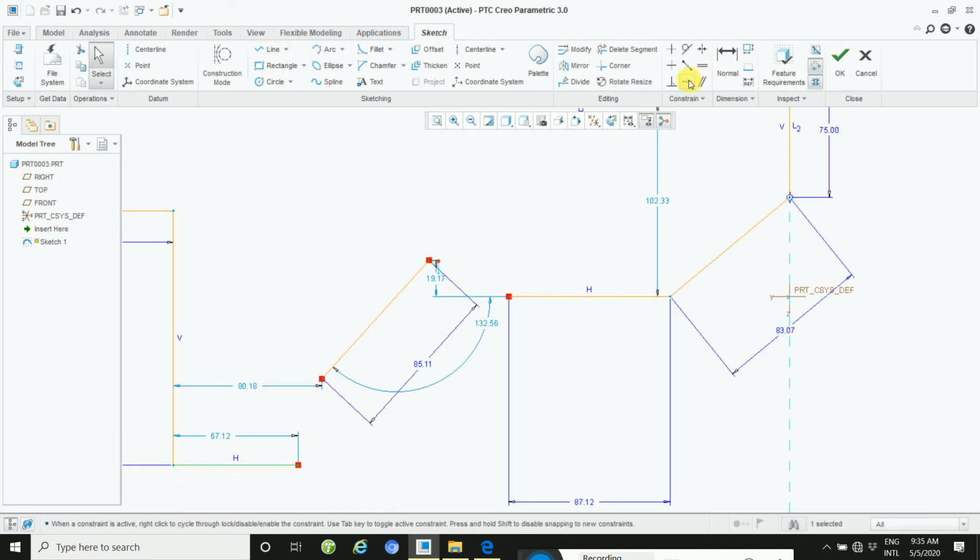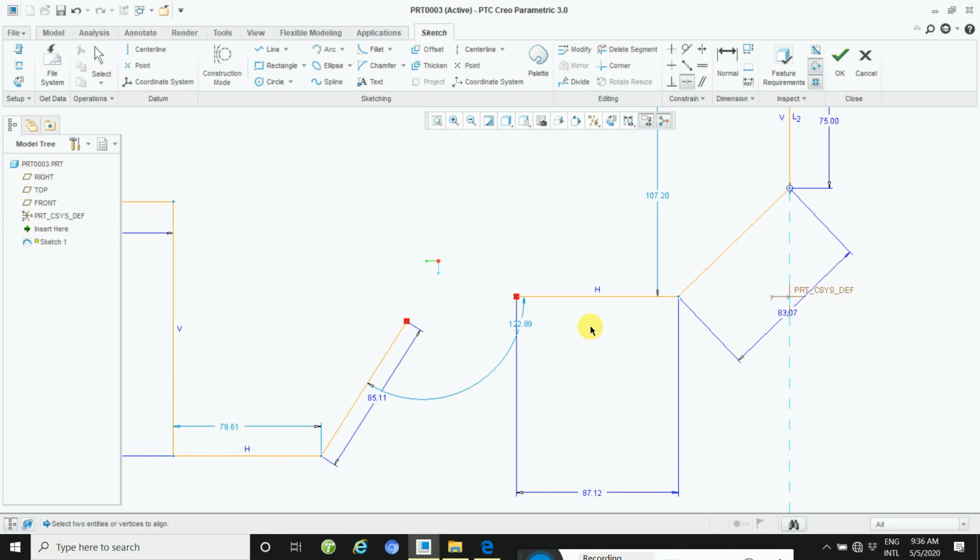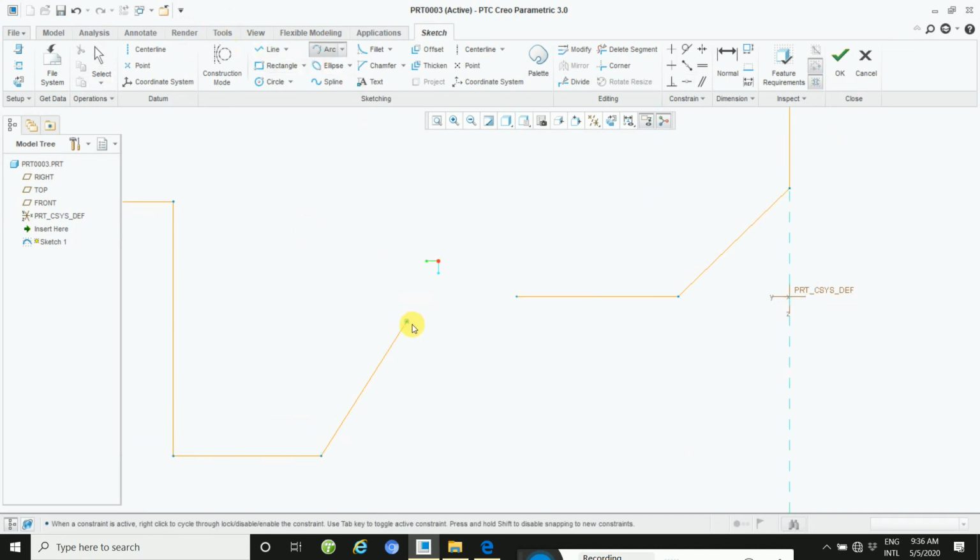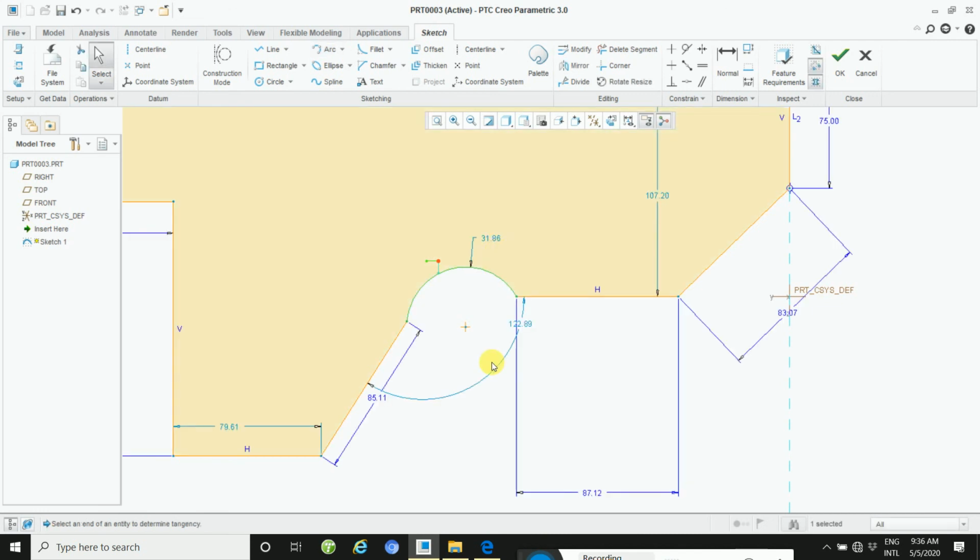How to apply this coincident. First point, then this point. Okay, then apply the arc. Tangent type applied.